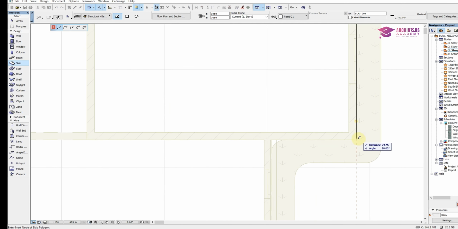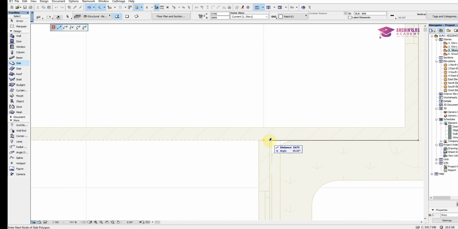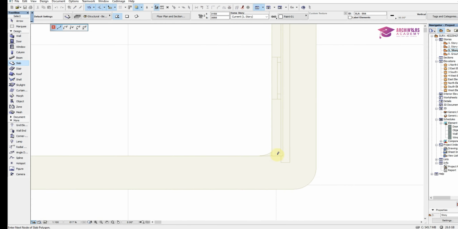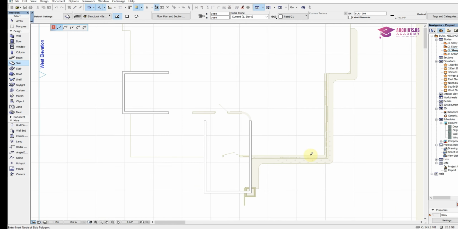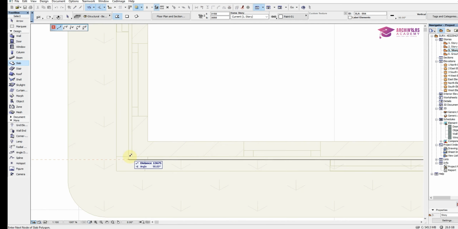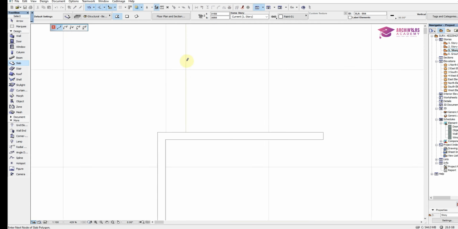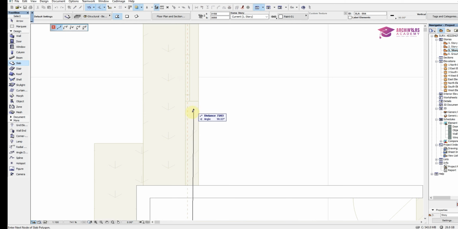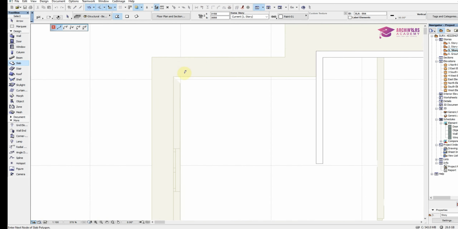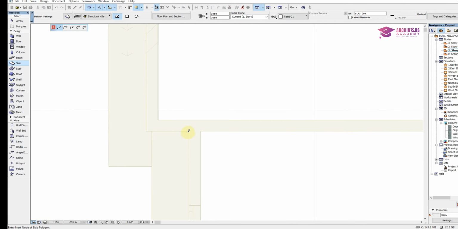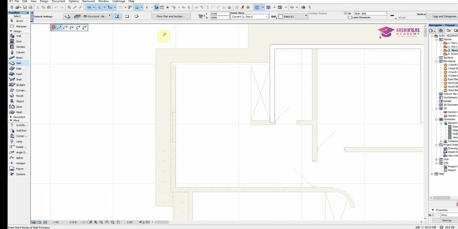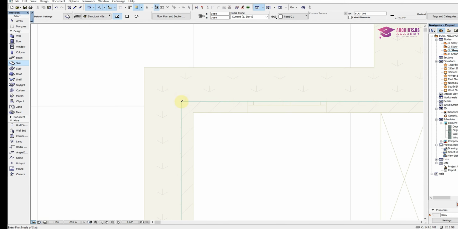So I will trace the building like this. Okay. So once I'm done, I'll